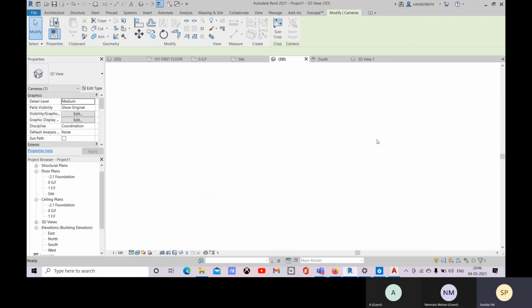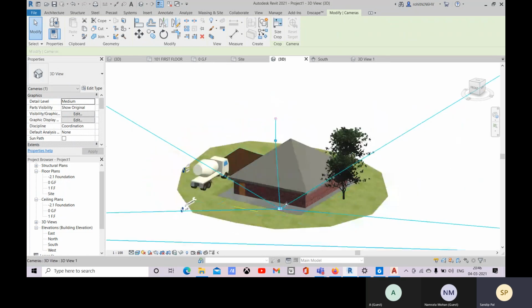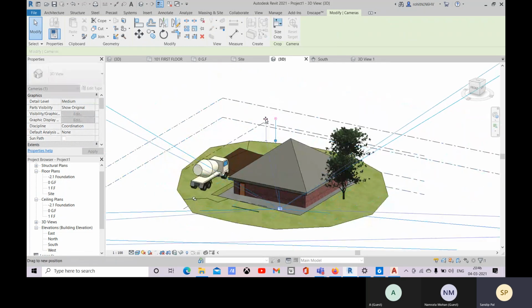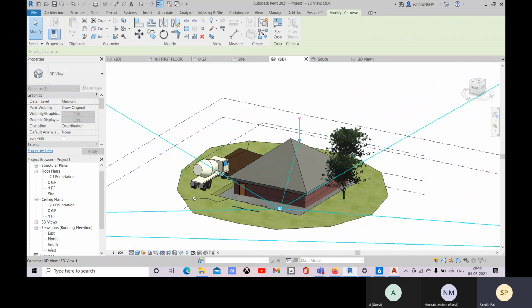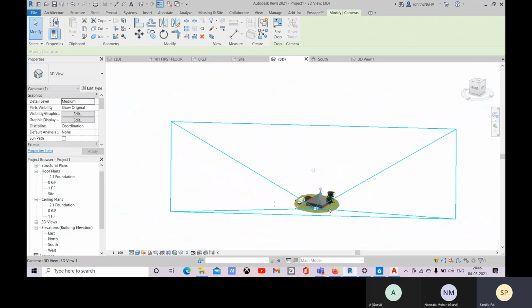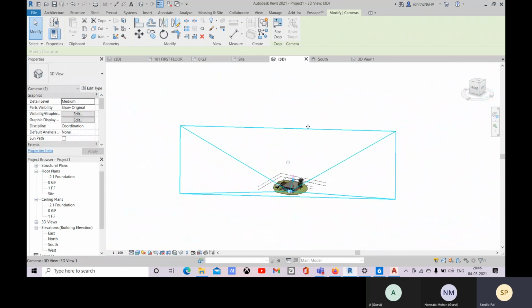Or else you can come to this camera, and with this point you can rotate. So you can drag, you can place, and this is the area.